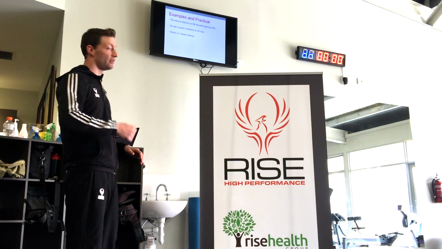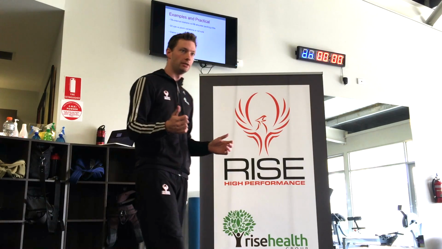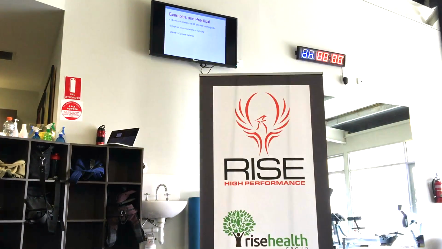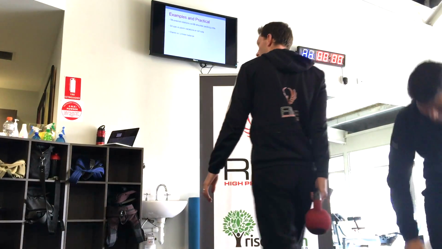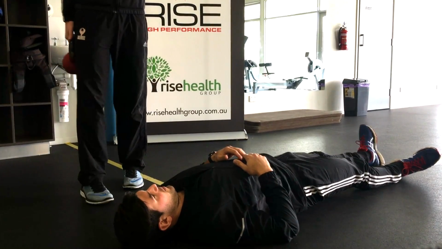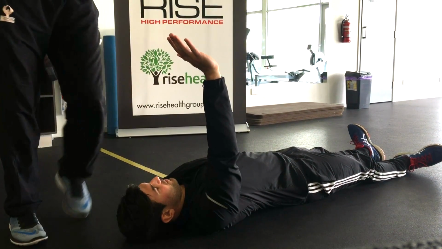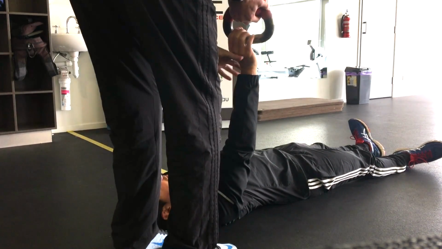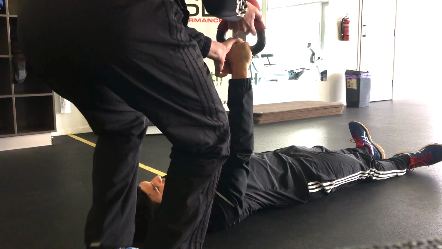So examples, we talked about TheraBand external rotations. Can I get a guinea pig here? Anyone? Luke? Good man. Go lie down in front. Lay down on the floor for me. So if we want to improve glenohumeral joint stability, place one hand straight up in the air for me. Good. Grab hold of this sucker. Good. Back. No problem.